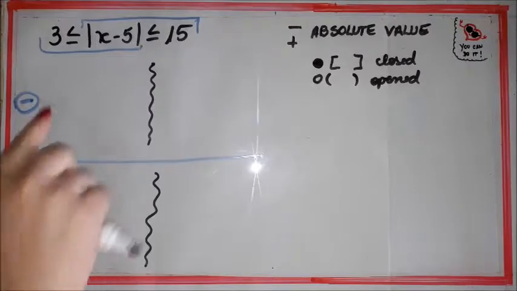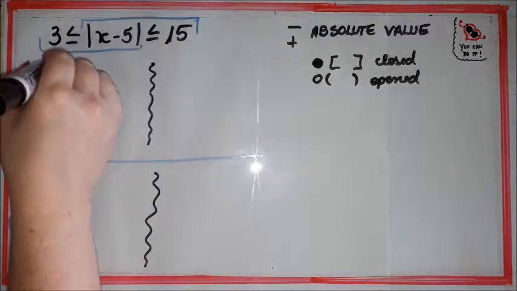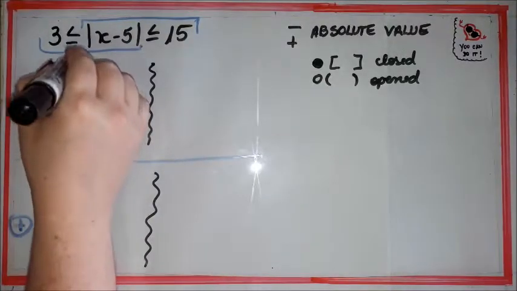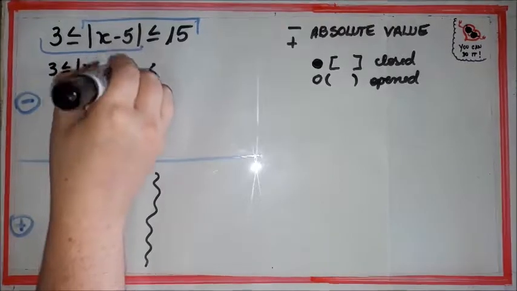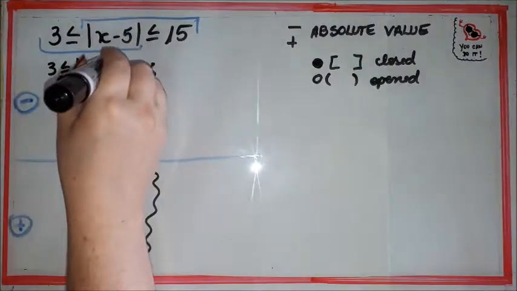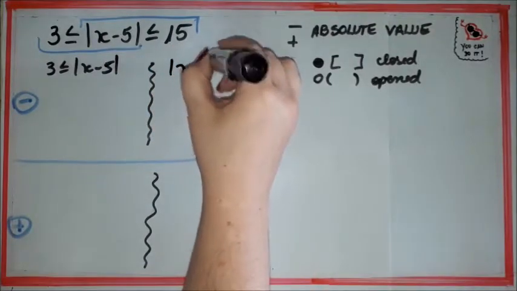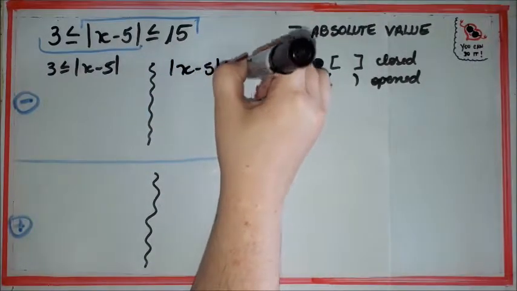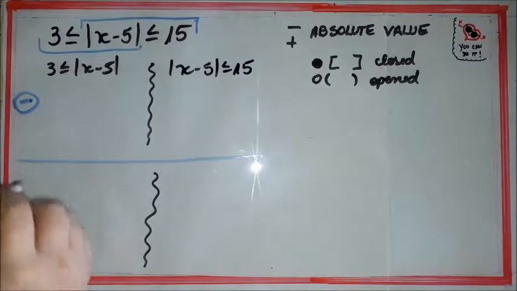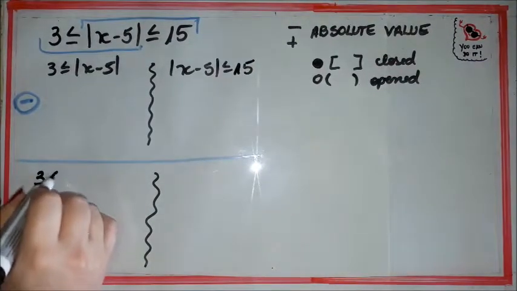For the negative possibility, let's recopy here. 3 less in here. And for the positive possibility,